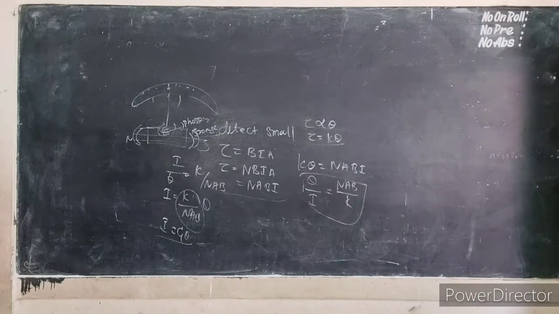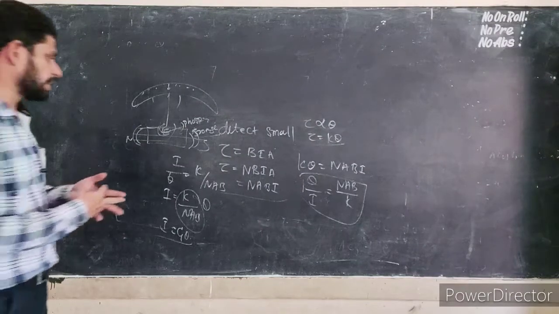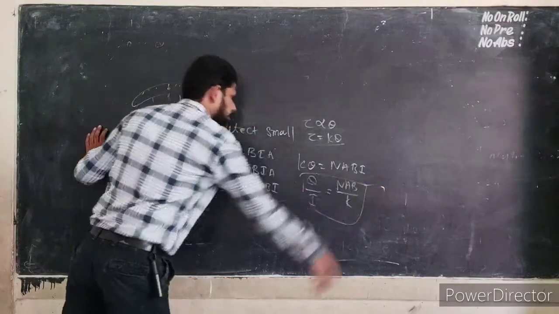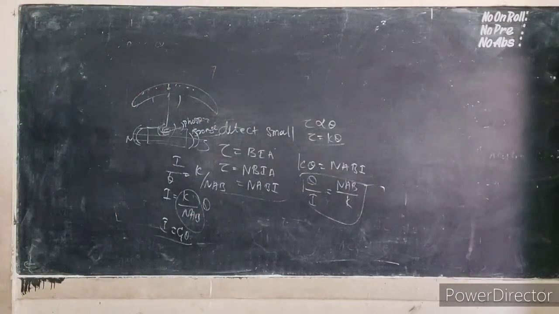Since the suspended moving coil galvanometer is very sensitive, we have to handle it with high care while doing the experiment. Most of the galvanometers we use are the pointer type moving coil galvanometer. Figure of merit of the galvanometer is defined as the current required to produce a deflection of one scale division in the galvanometer. Sensitivity of the galvanometer is the same: how much deflection is produced per unit current. Current sensitivity is the deflection produced per unit current.